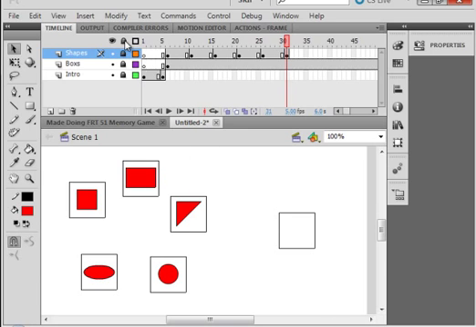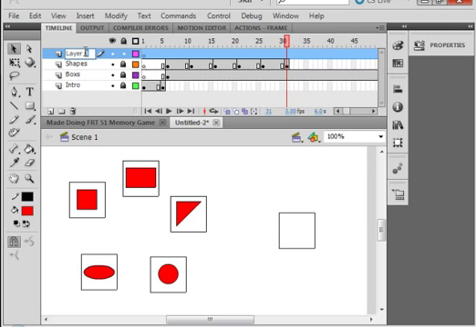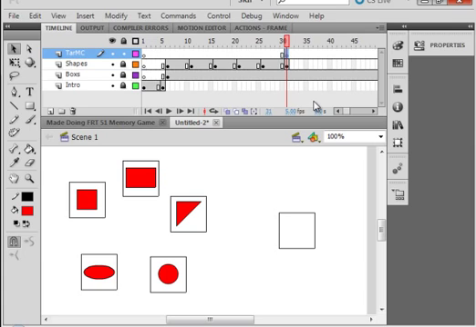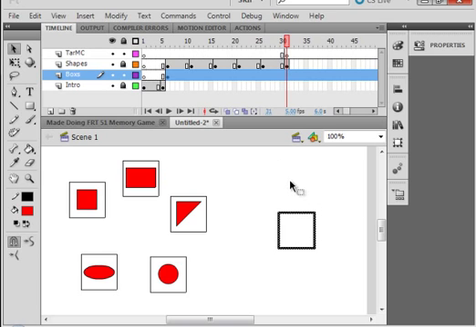Lock all the layers, select the shapes layer, insert a layer, and call it movie clips. It's actually target movie clips, T-A-R-M-C. These are the target movie clips. On that frame 31, insert a keyframe or blank keyframe at this time. Now we want to unlock the boxes layer for a second. Make sure only one of the boxes is selected, and get those crosshairs, right click, copy that box, lock that